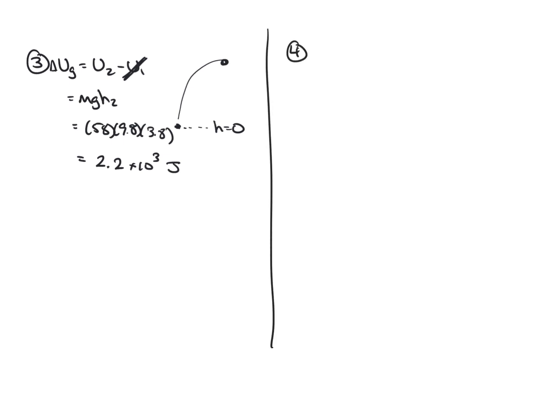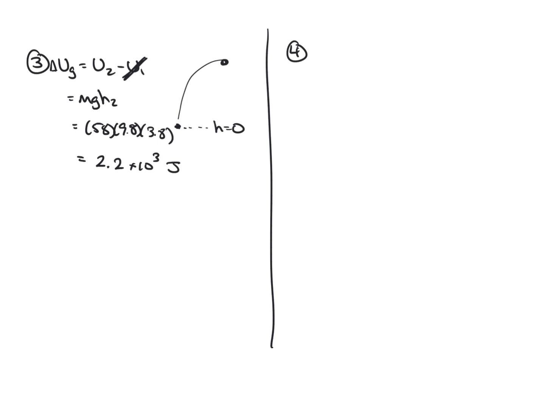4. A 66.5 kilogram hiker starts at an elevation of 1,500 meters and climbs to the top of a 2660 meter peak. A, what's the hiker's change in potential energy? B, what's the minimum work required by the hiker? C, can the actual work done be greater than this? Explain. Okay, so